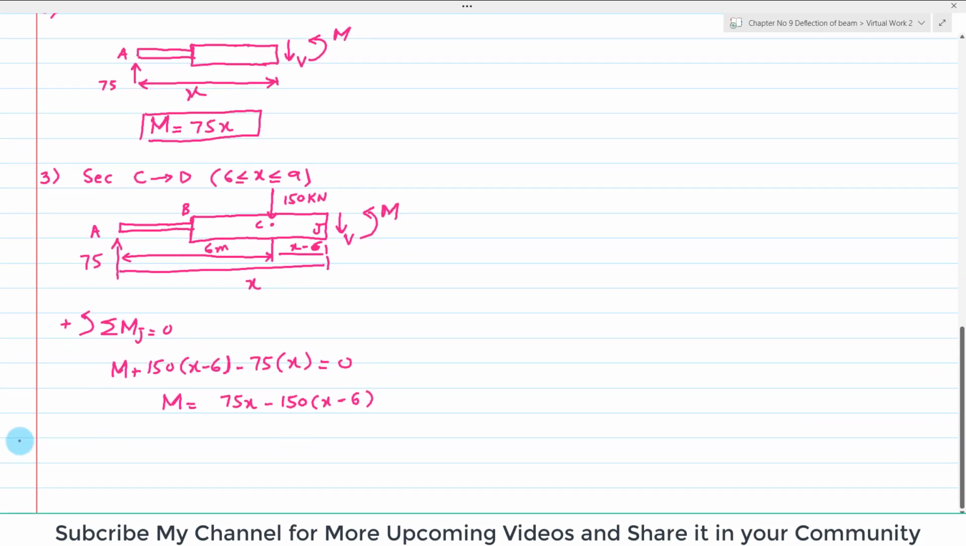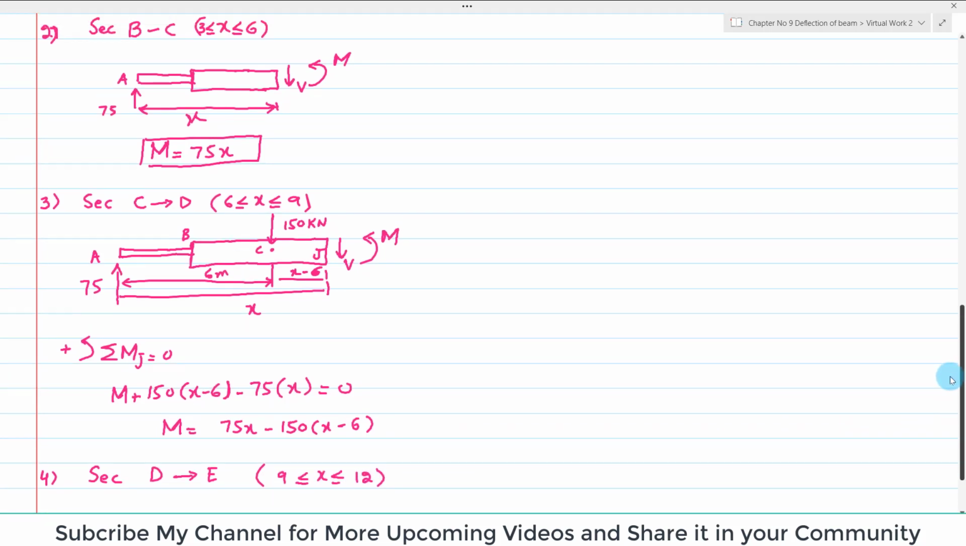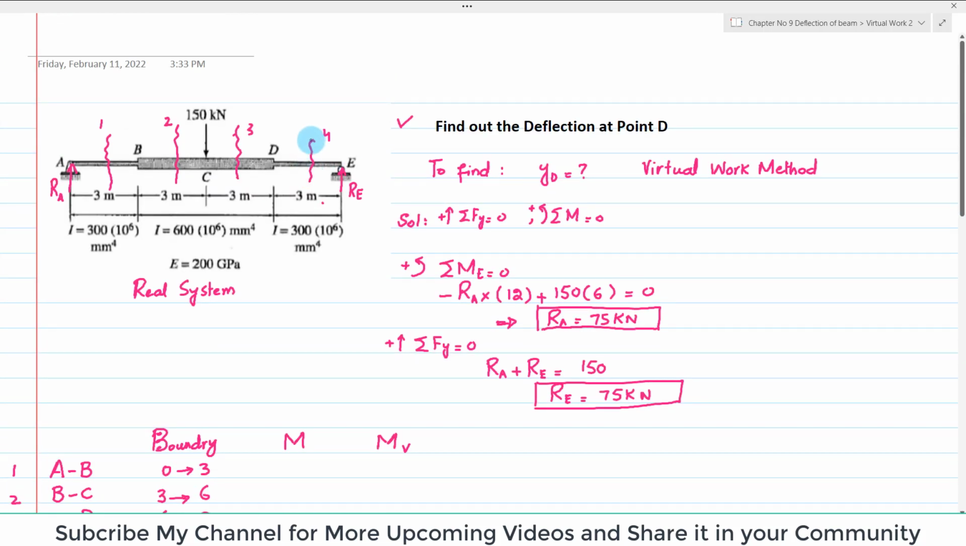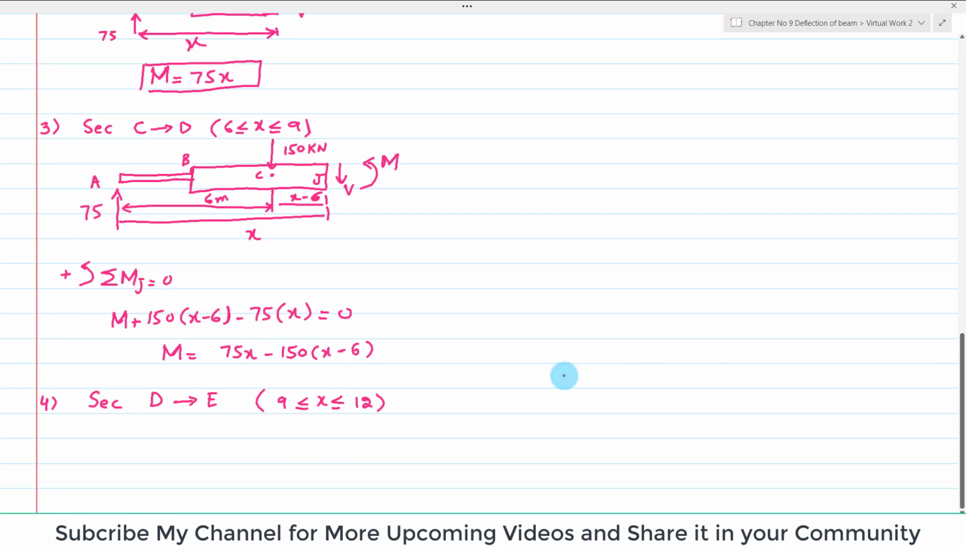Now we will move toward the fourth section, that is section D to E. Or you can say x is greater or equal to 9 and less or equal to 12 meter. So when you cut it at this E point, again you will get the same equation like that. Let me draw it like a line diagram, so this point is point A, and here the load is 75. This is point B. For example, if this is point B, this is point C, where there is a load of